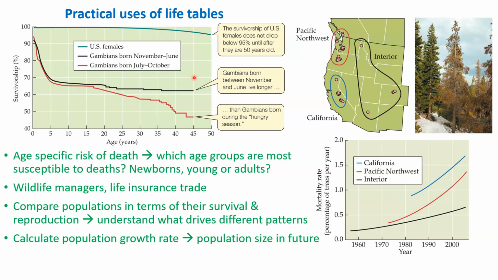So Gambians born between November and June live much longer than the Gambians born during the hungry season. The reason is kind of interesting scientifically, because those who were born during the hungry season still suffer increased mortality even after they age, because the initial investment that they received from their parents in terms of parental care and initial growth is much lower. So they're actually